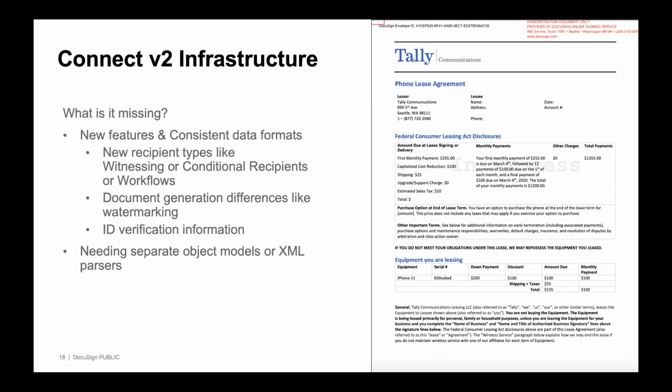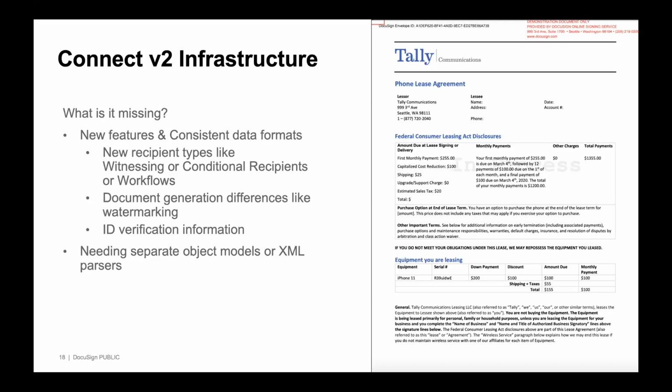Now, moving outside recipients, there's also even things within the document. Some of you may be using Connect to fetch documents. Larry kind of advised that even if you have very large documents, you may want to consider otherwise, but I know for a lot of customers, archiving is an important scenario. And so document fetching as part of Connect is a supported use case. But the current XML or legacy payload, the document that's included may have slight differences. Again, mostly aesthetics, but it's small differences due to features that have been added later.